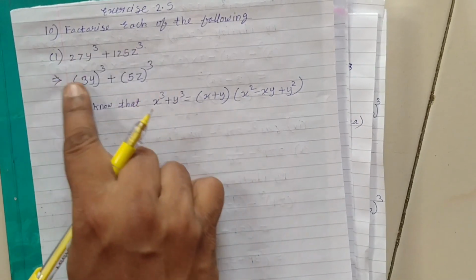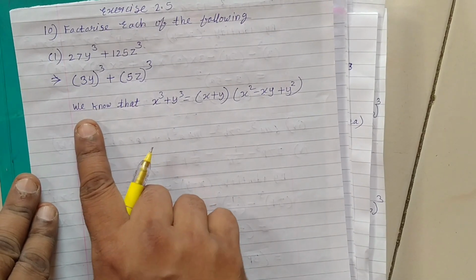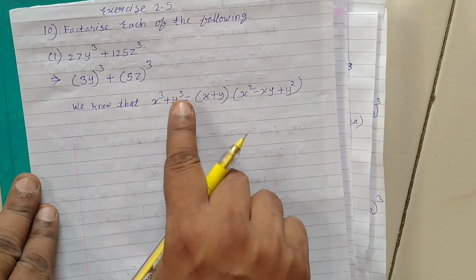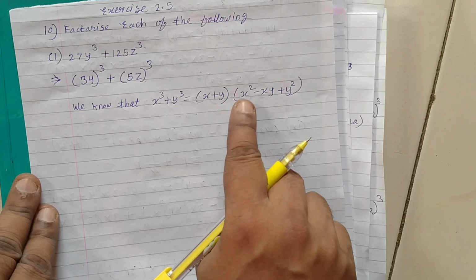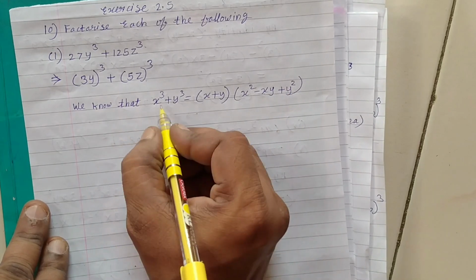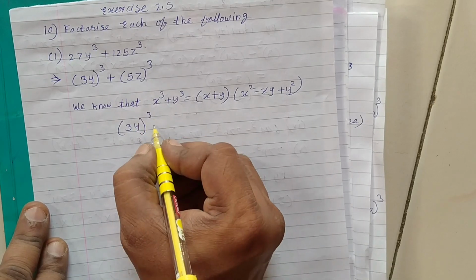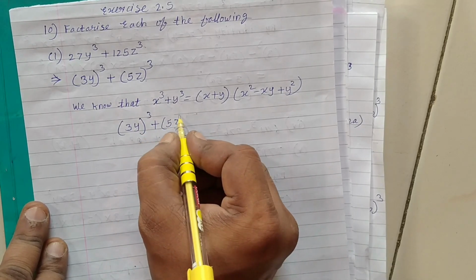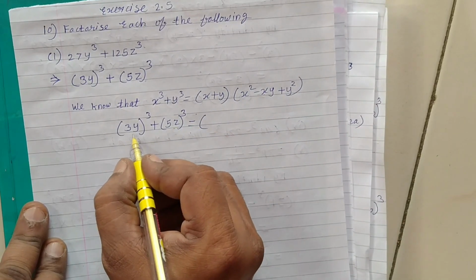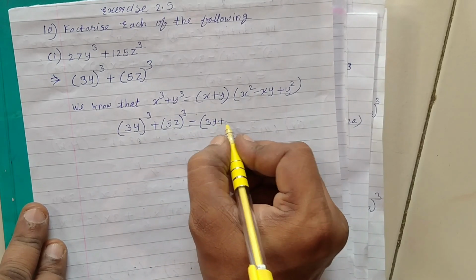Now we have written this question in the form of x cube plus y cube. Here I have already written that identity. We know that x cube plus y cube is equal to bracket x plus y into bracket x square minus xy plus y square. So x cube plus y cube will become 3y whole cube plus 5z whole cube. Now the right hand side expansion, x plus y. What is x? 3y is x and 5z is y. So 3y plus 5z,